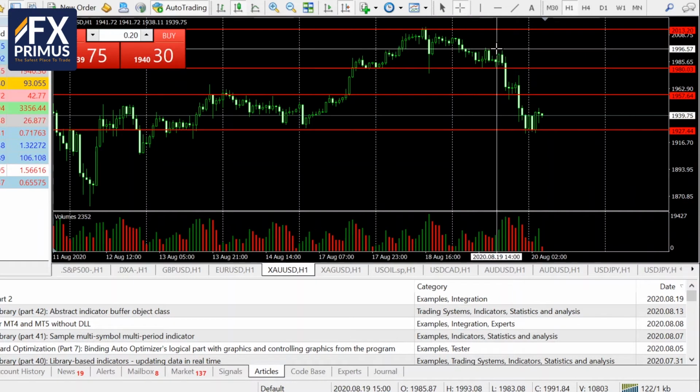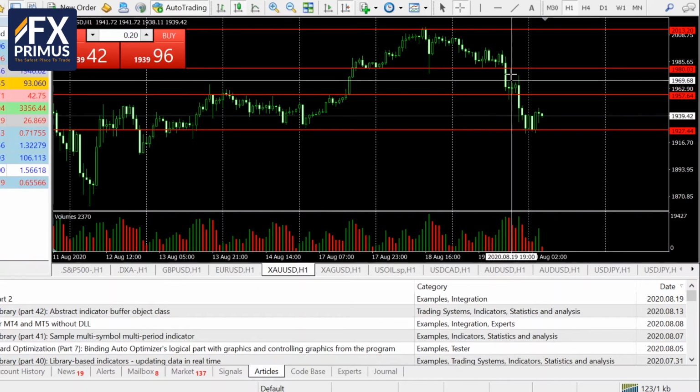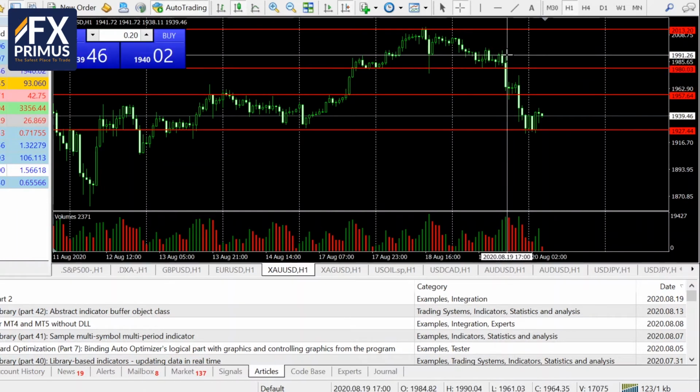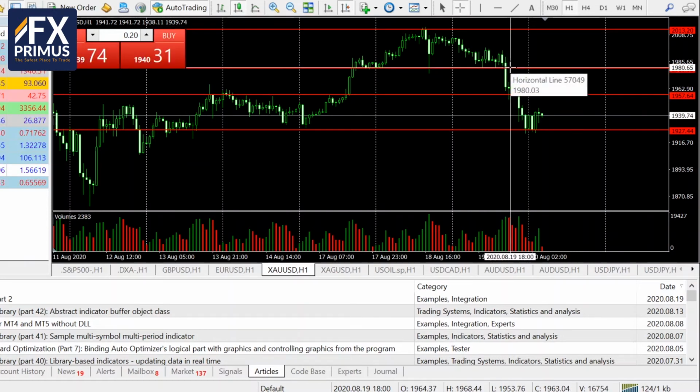In the UK trading session, it was mostly consolidating within a $15 range, and towards 2100 hours, which is 9 p.m. local Singapore and Malaysia time, gold prices started to come down. At 10 p.m., gold prices decisively broke through the support level of 1,980, and then continued to drop to a